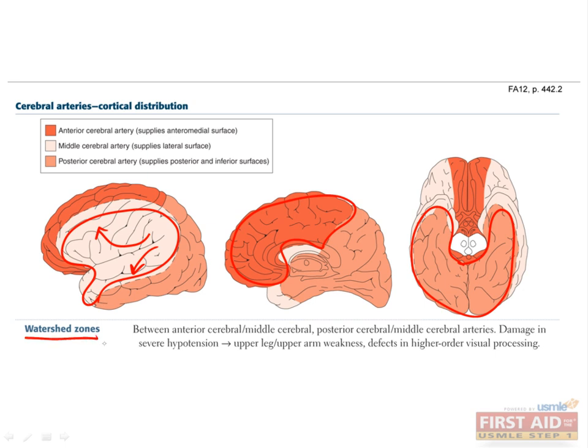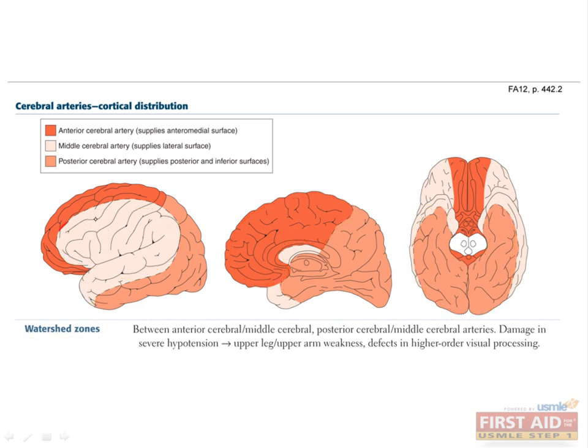Watershed zones are those areas most susceptible to hypoperfusion, and they occur between the ACA and MCA, and then again between the PCA and MCA. The ACA-MCA junction mediates the proximal arm and leg areas of the motor homunculus. Thus, an infarct here produces a man-in-the-barrel syndrome, where these patients are able to walk, but their arms dangle and